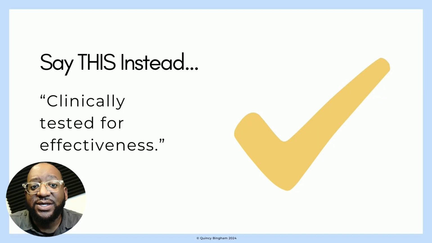Okay, to correct this one, it's simple. Stick to straightforward, factual language. Say something like, "clinically tested for effectiveness" or "research-backed treatment options available." Limit the exclamation marks to just one in the ad description text, if you're going to use them at all. And remember to keep them out of the headlines. This way, you're building trust with your audience and staying on Google's good side at the same time.